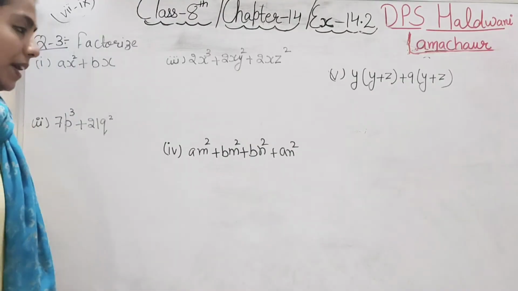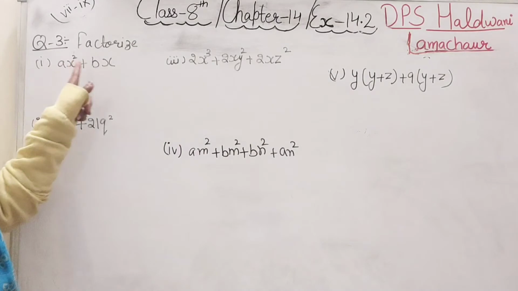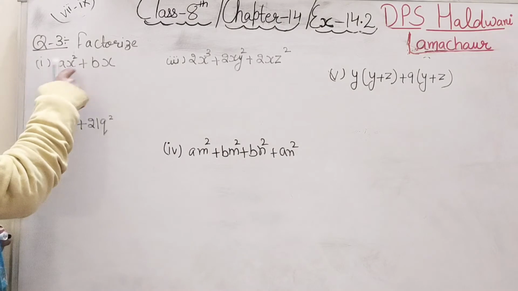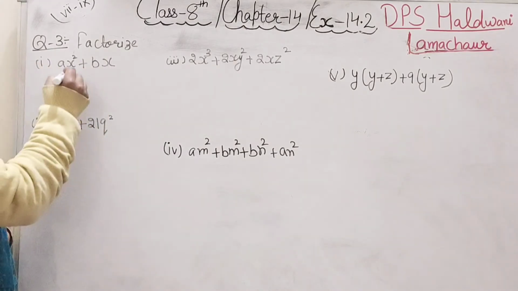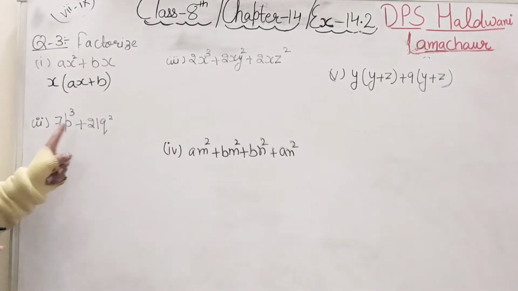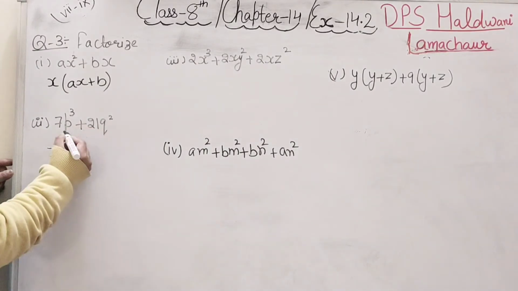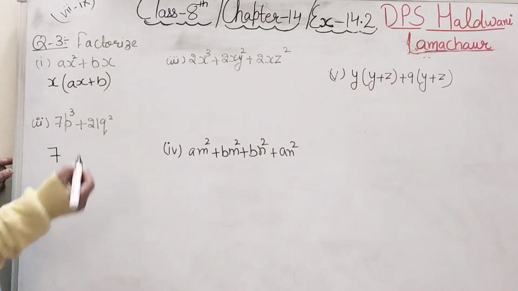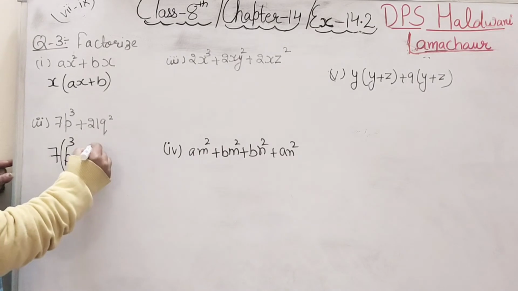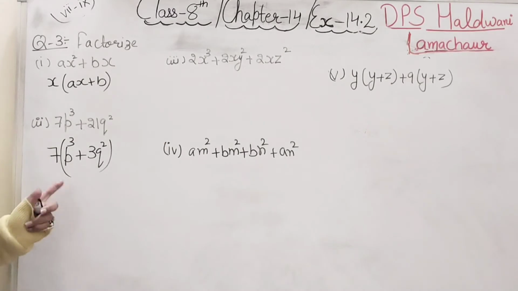Question number 3, factorize ax square plus bx. The middle term is not possible, it can't be a perfect square. So here only we can do the common factor because only 2 terms are there. X is common, right? So inside will be ax plus b. Second part, see, two parts only are there. Here you can do the common factor. 7 is common and here p cube, here q square. So no other common term is there. So what else is left? P cube, 7 is outside, 7 3s are 21, and q square. That's it. Can there be anything else, student? No, no perfect square, nothing else.